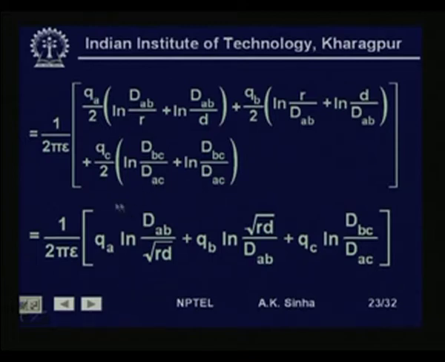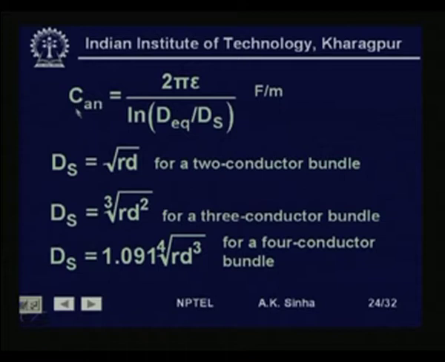Now, when we add these terms, this finally can be written as 1 by twice pi epsilon [QA log n dAB by RD, square root of RD, plus QB log n square root of RD by dAB, plus QC log n dBC by dAC]. Now, if we remember, the inductance relationship is very similar to that relationship, and therefore, this can again be written in terms of capacitance as